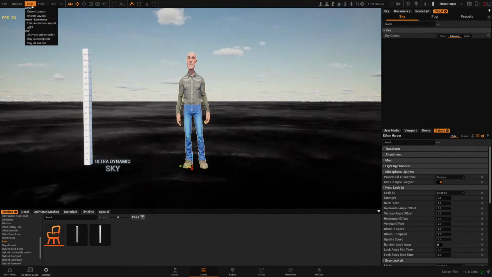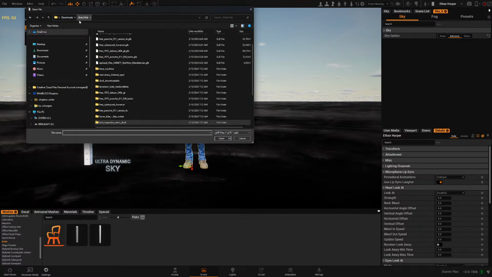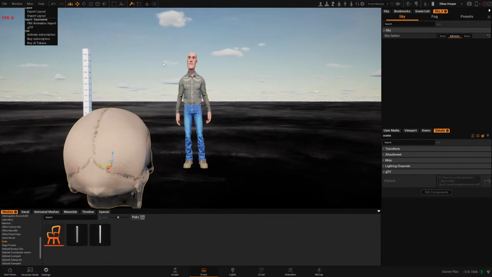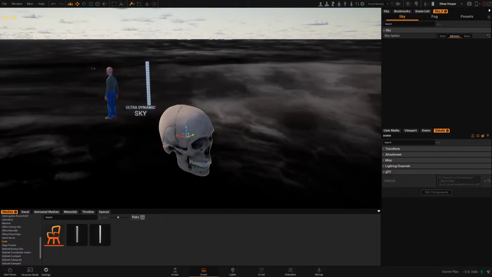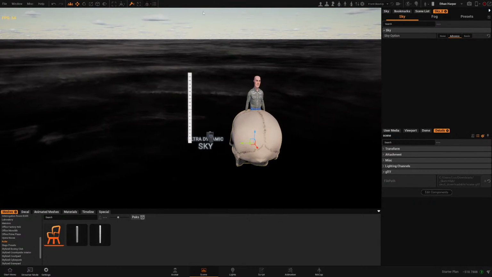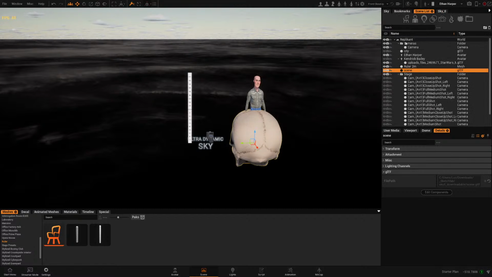What else have we got? MISC, GLTF. Mercenary. Oh, actually, let's do that with a skull. Let's see this skull test. There we go. That's better. Okay, so let's say I want to have this character as a skull. I'll do the same thing. Actually, in this case, I'm going to parent it straight away. So parent it to this guy,